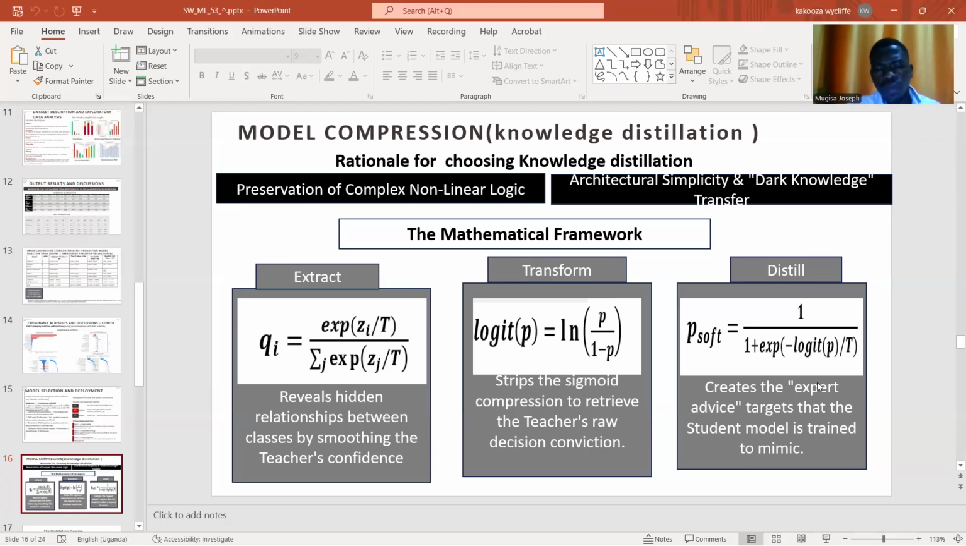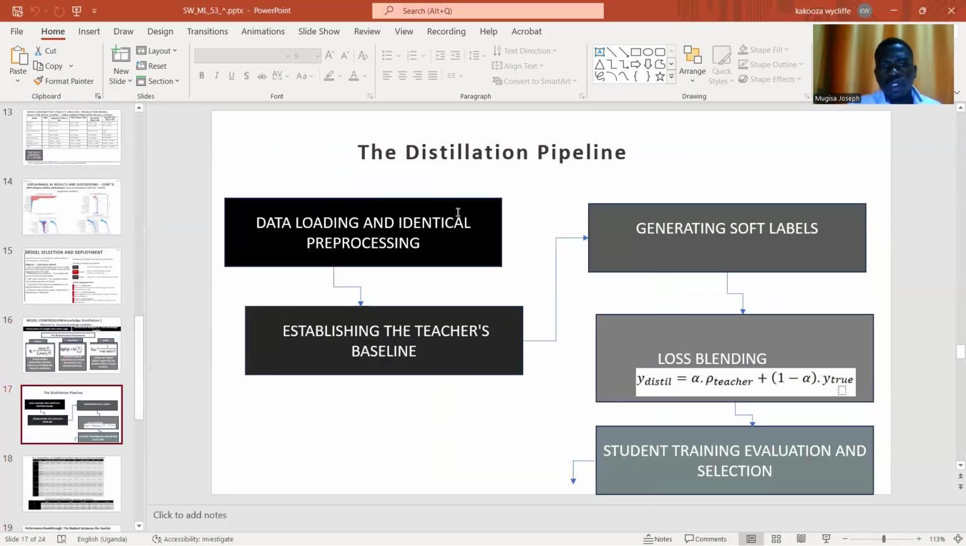So this is the process whereby we reveal the hidden relationship, and then we strip the sigmoid function, and then here we create the expert device, as I was talking about the dark knowledge. So this is the pipeline of knowledge distillation, where we do the same identical pre-processing pipeline like the scikit, which I talked about later on, the one for the teacher. Also the same for the student, and then we establish the teacher's baseline against which we shall compare. And then afterwards, we generate the soft labels of the teacher, which the student will learn on, but then